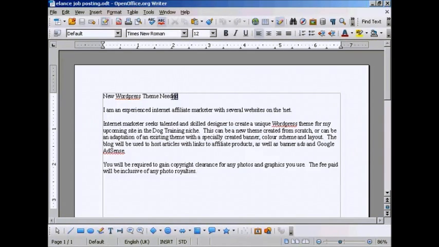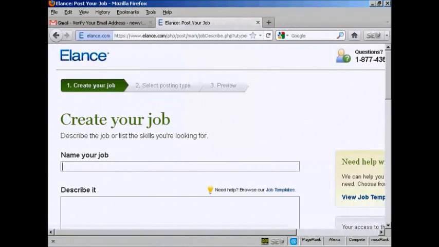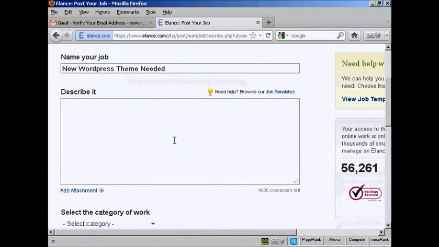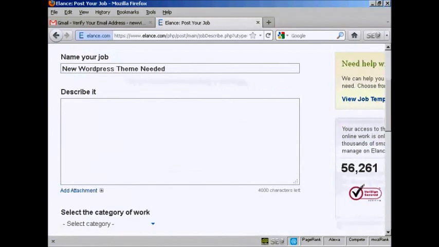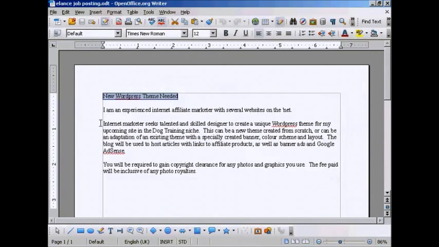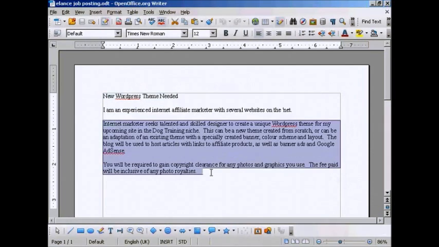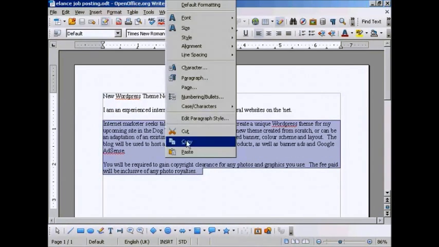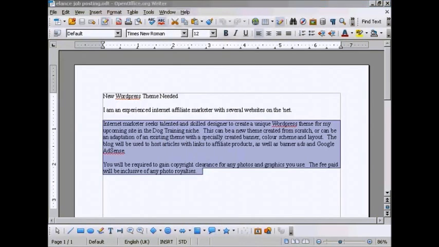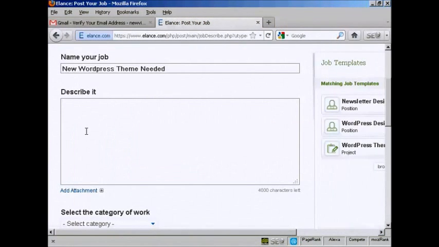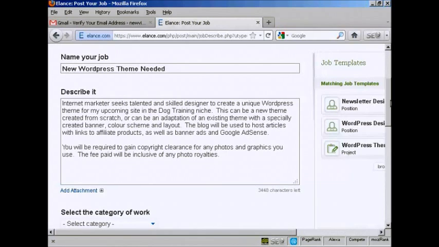New WordPress theme needed, so I'm going to highlight all this one paragraph at a time and copy that, so we can put that in, and then here is my job that I want to have somebody do. I can post that in,